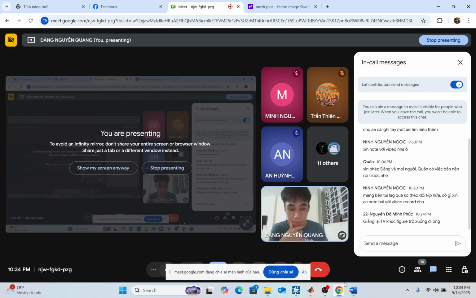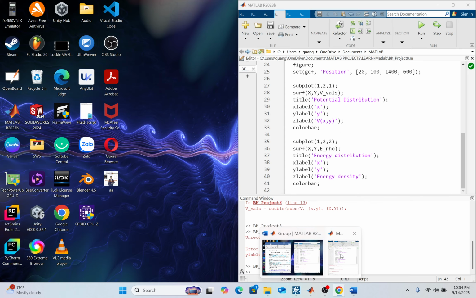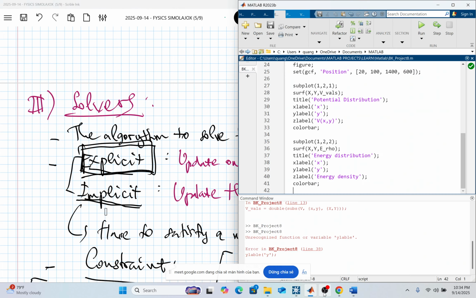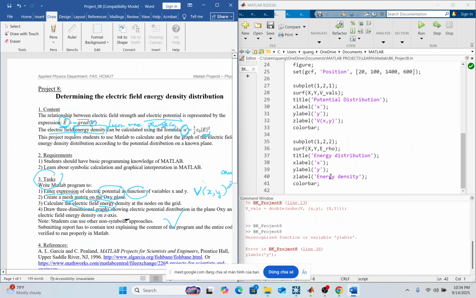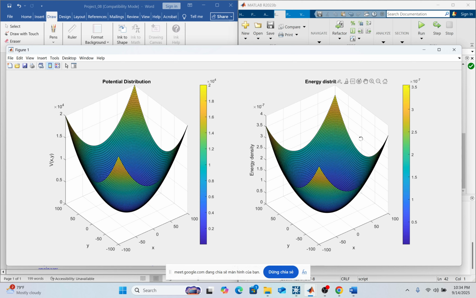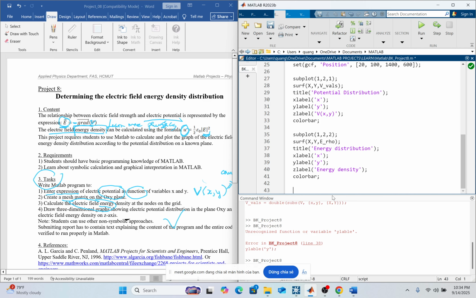Now I will end my project with one more thing. Is that okay? Now I had the energy and the potential distribution, but that's not enough to examine an electric field in space. I would like to see the E vectors, right? Because the E vectors, the electric field vectors, are the thing that determines the force acting on the charged particle in space, right? So I would like to see that, and I will add something.